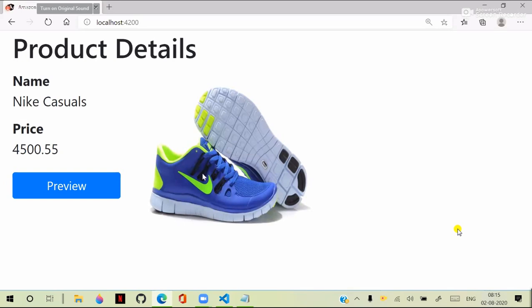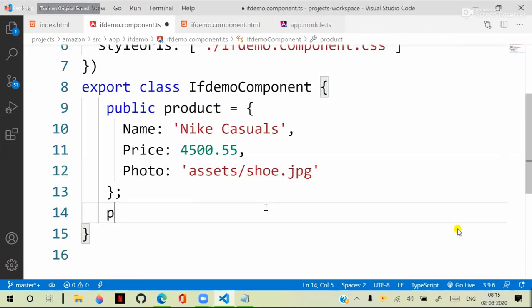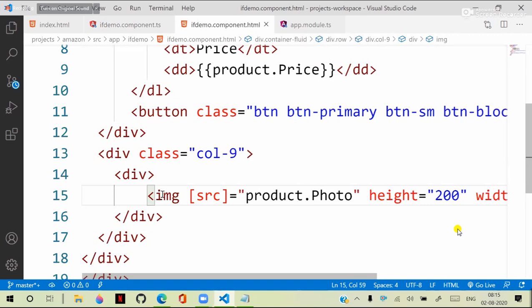I want to toggle the displaying. Then what I will do here is put a property called showImage, and showImage is false. This needs to be applied to this image div. And what we will do here, we will use a structural directive ngIf